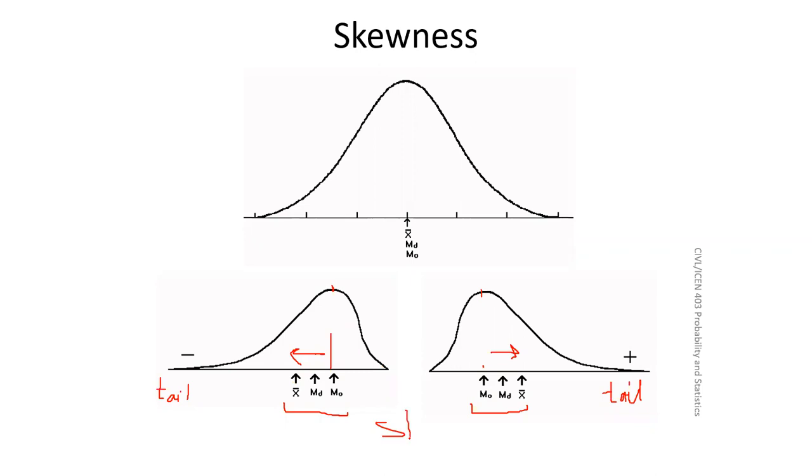We call them skewed. S-K-E-W-E-D. These are both skewed distributions, not symmetrical. This is left skewed, which has the left tail, and this is right skewed, which has the tail on the right. But we don't say that these are tails when it is perfectly symmetrical; we call it symmetrical, it has no tails. Tail is only on one side, so you will get a tail when it is skewed. So this is the interpretation of the data based on mean, median, and mode.